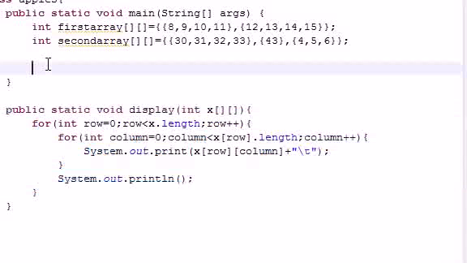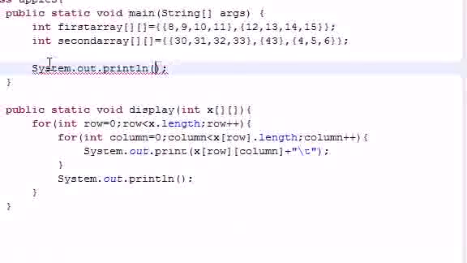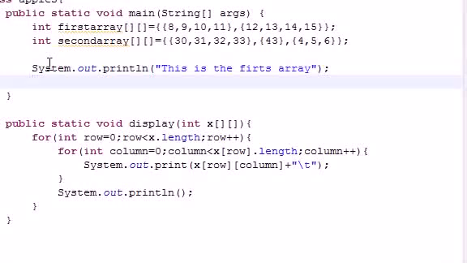Now let's actually call that method. All we would do is make a print statement so we see what's going on. Print line, and just put something like, this is the first array. And to call this, what you would do is simply put display, since this is the name of our method, and you want to pass it an array. So let's go ahead and put first